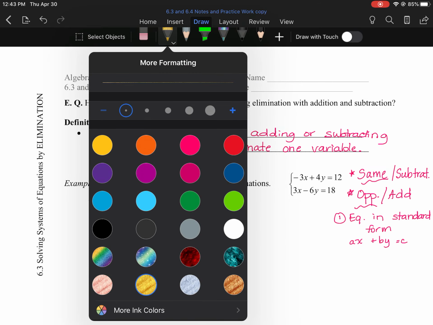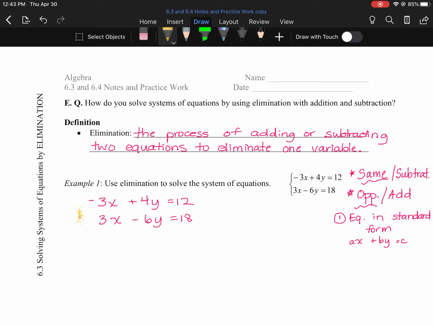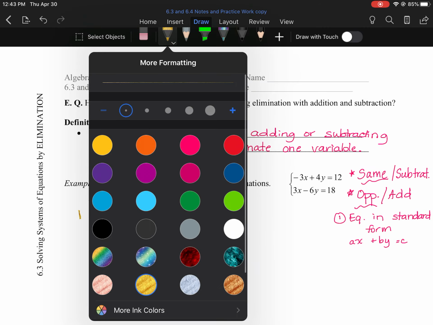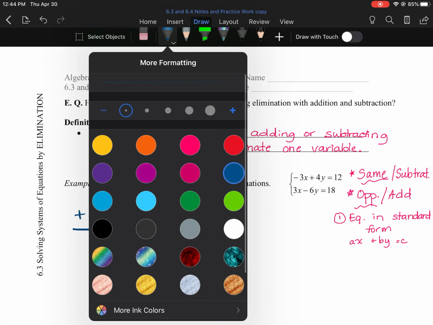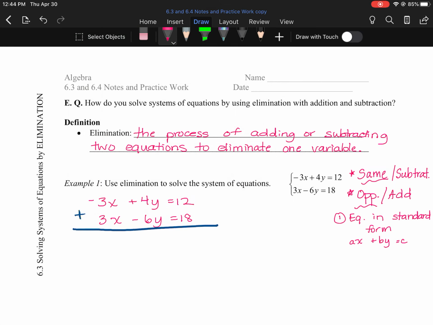equations. Let me get a different color. We'll do gold. Hopefully that's bright enough. Oh, nope, not quite bright enough. We'll just get a blue. So we are going to add these two equations like it's one great big addition problem. So when I do this, I get -3x plus 3x. That gives me 0x. And if you remember, we don't even have to write that, so that sort of goes